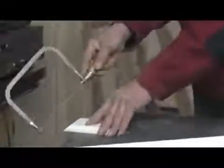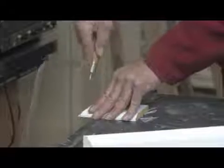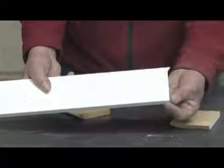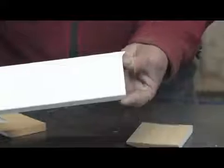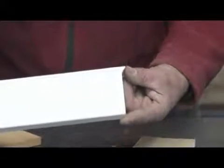And that can just be done by holding it down on a table or other flat surface, using your coping saw. What we're going to end up with on our final piece is that 45 cut with all the excess material hanging off. Just follow your blade line that your chop saw makes on your 45 line,